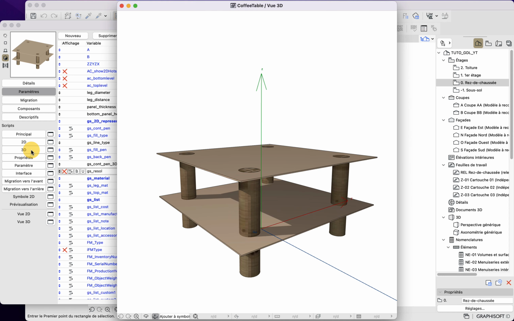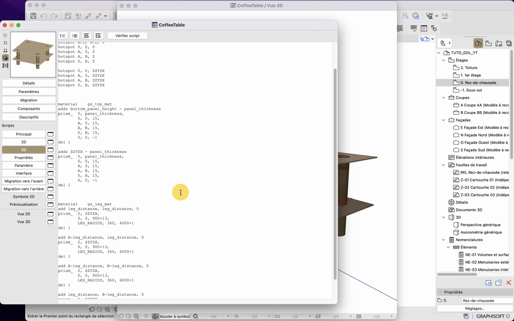So let's go back to the 3D script. In our Prism script, we can see that we finished the script with -1, which indicates the end of a contour. But it doesn't necessarily indicate the end of the command, because after -1, if you have further coordinates, those coordinates will act as cuts. So what we need to do is add the proper coordinates below.